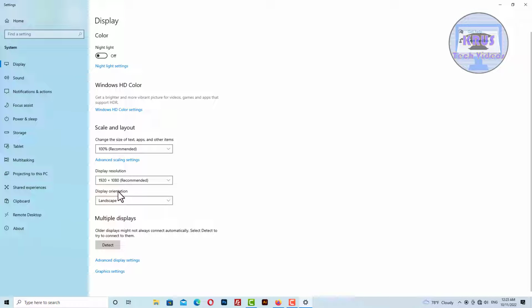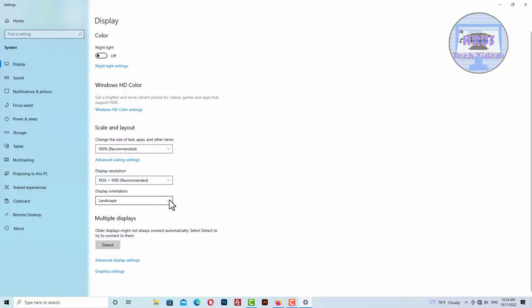Click the display orientation drop down and select the orientation you want. The available ones are landscape, portrait, reverse landscape,